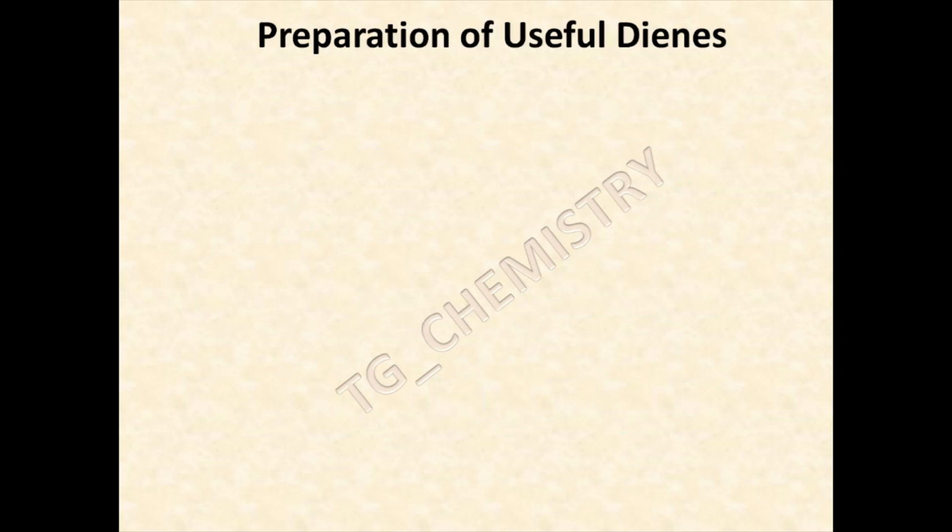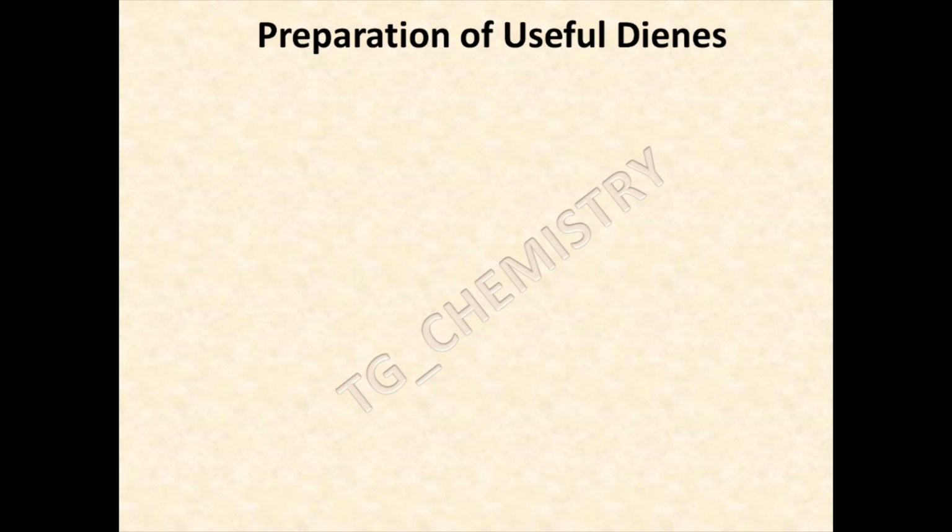Okay. Next comes some useful preparation regarding the dienes. How the dienes can be obtained. In most cases, it can be given to you when you have to go for a reaction with the diene and dienophile. In some cases, if the question is a little bit tricky, you should be provided with a precursor from where a diene will be formed, and then it can react with a dienophile to produce the cyclic